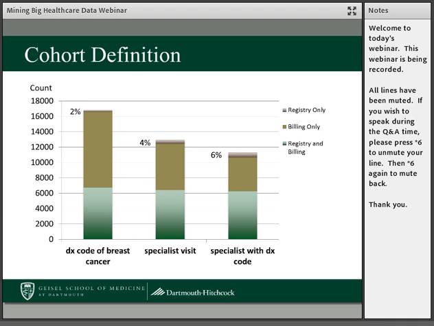So if we just use that without looking at the diagnostic code, we see that we get a smaller number of patients, and we do get some less false positives, but we also miss some patients who were just in the registry. And then if we look even more strictly, we say who of these patients saw a specialist who gave them the diagnostic code of breast cancer, so we're tightening even further. We get a smaller number, a larger number that only appear in the registry, and we think we're getting closer to truth.